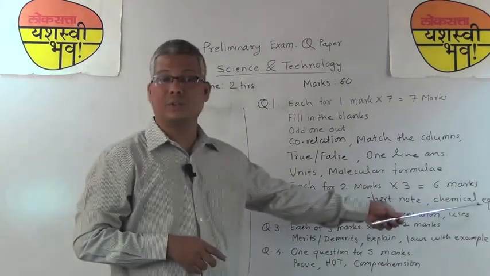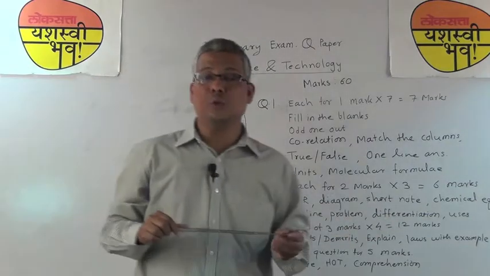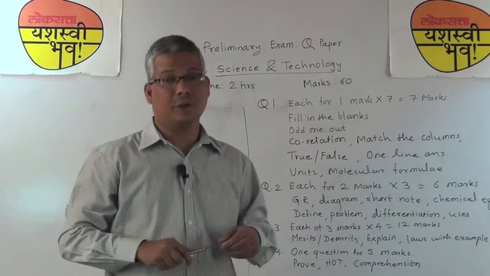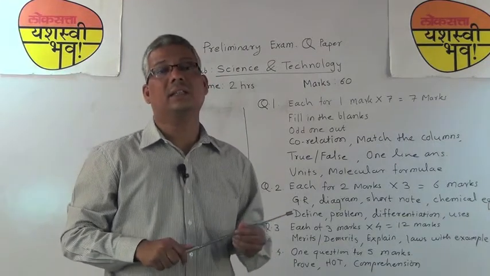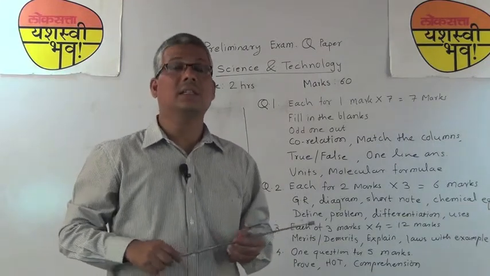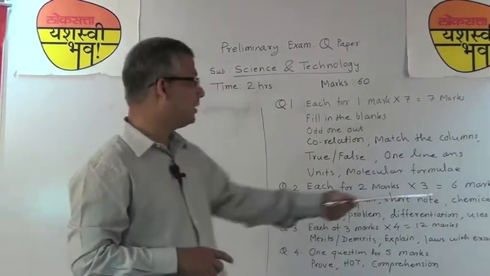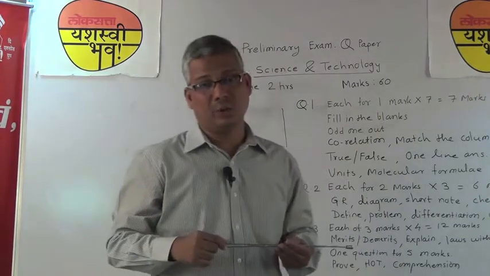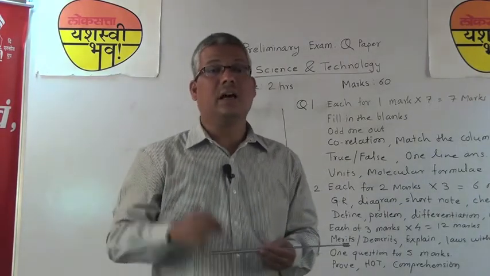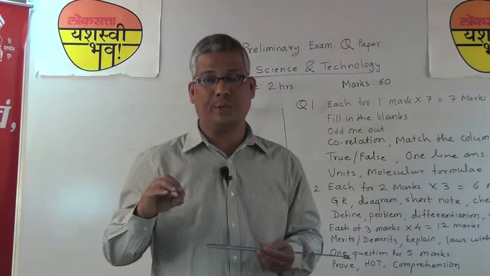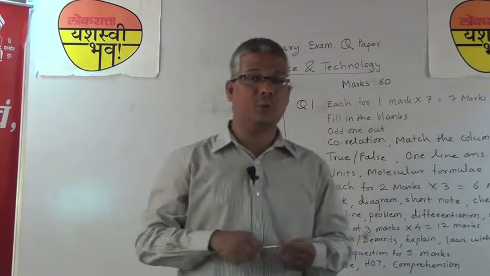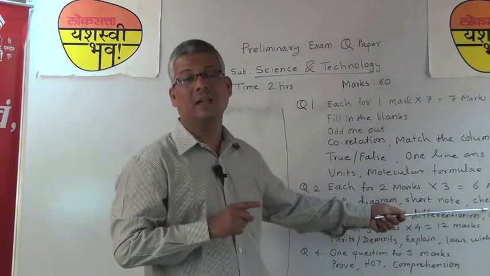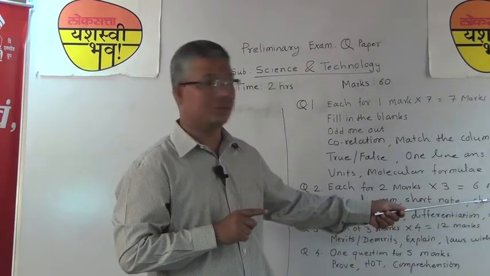Now chemical equation. Dear students, there are a few chapters which are based on the chemical equation. For example, chapter 2, chapter 3, then carbon compounds, metals. These are the chapters where you can see these chemical equations. So from these chapters, take out the chemical equations, make a list of them, write down the explanation of what happens when, and then write down the balanced equation. Here the marks are divided: 1 mark for the explanation and 1 mark for the balanced equation.